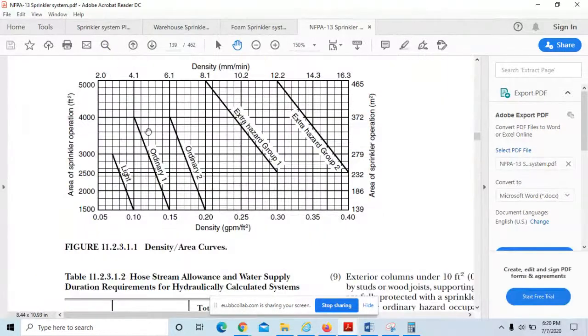Nowhere in this density curve can you see that. The last one we can use is 0.10, so at 0.10 we can use this much value, so it is not possible. You got the point? Yes, so it is light hazard, not ordinary hazard. But they have selected the ordinary hazard, so we don't have to consider the light hazard. Maybe once you approve your plan, later they say, okay, you approved our plan as ordinary hazard, we are going to put something in that.